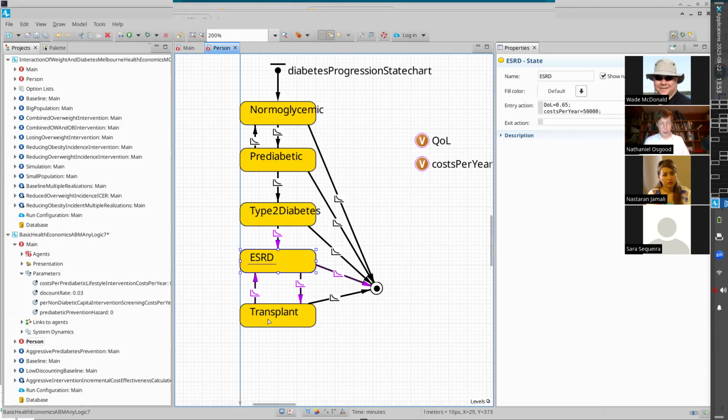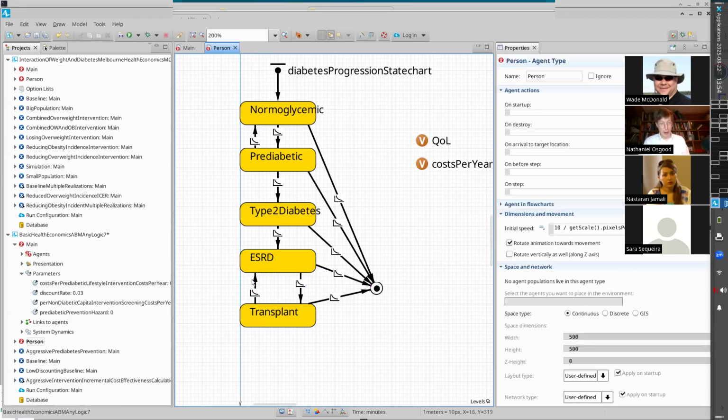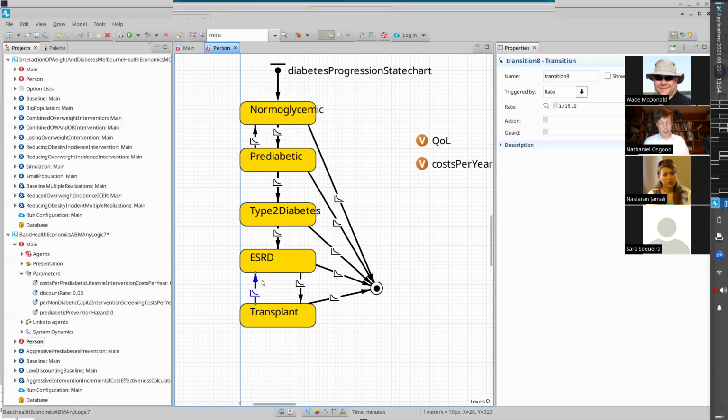But an individual in this state can be comparatively healthy for decades if they take care of their kidney, if they're engaged in appropriate lifestyle and management and so on, and avoid further damage caused by diabetes or what have you. This is diabetic end-stage renal disease being characterized here for type 2 diabetes particularly. And then an individual, if their transplant fails, they can go back to an end-stage renal disease state and resume